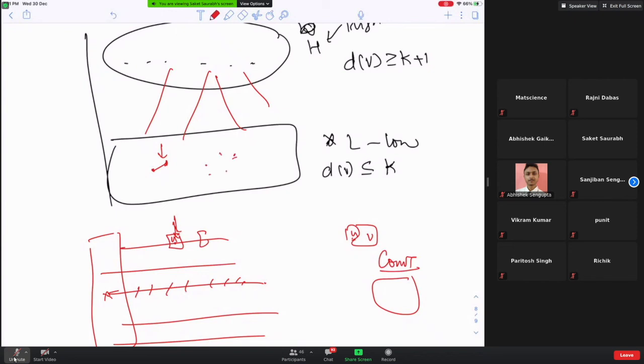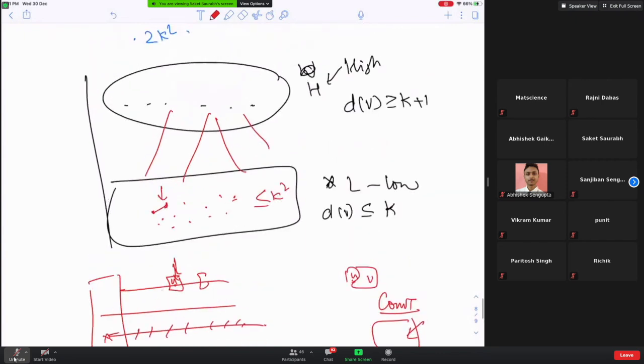I go through the edges one by one, and for each edge I check the degree of u and degree of v. If both are at most k, I increase the count by 1. Because our edges here can only be covered by vertices which have degree at most k, the number of edges here has to be at most k square. Otherwise, there is no way. Another thing is that we are looking for a vertex cover of size at most k, so if High is strictly greater than k, then also it's a no instance.